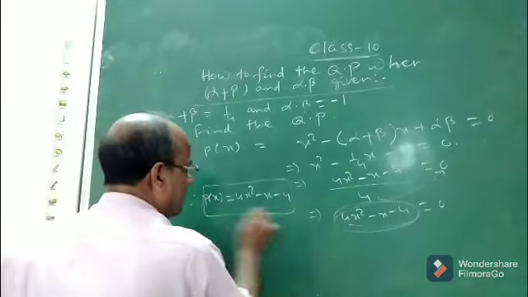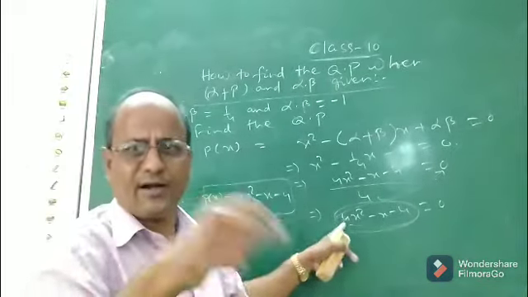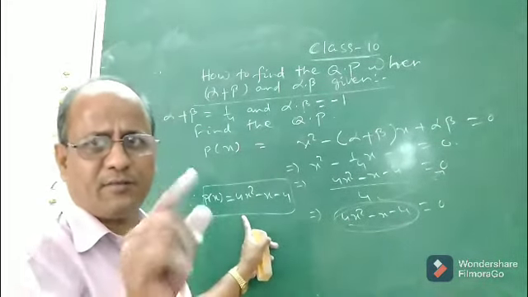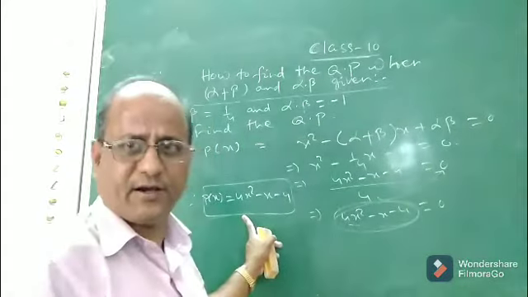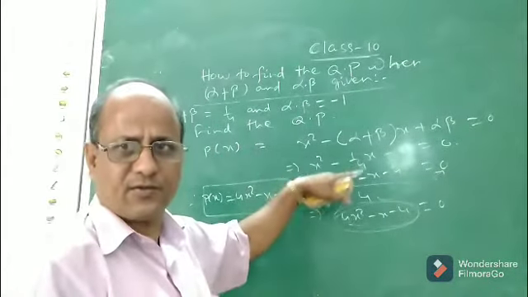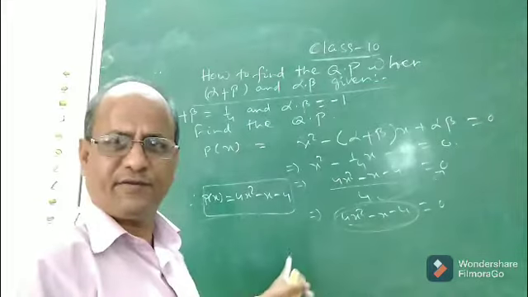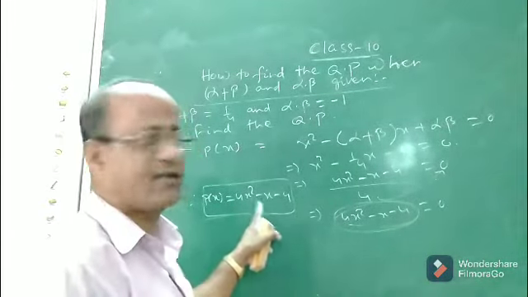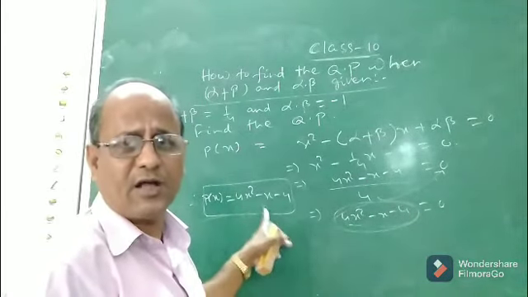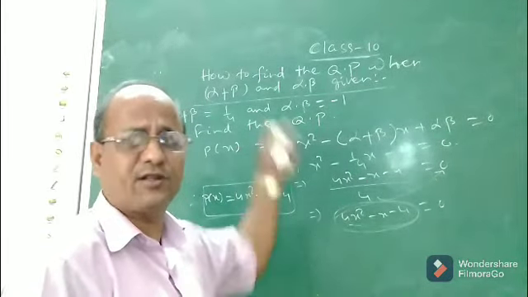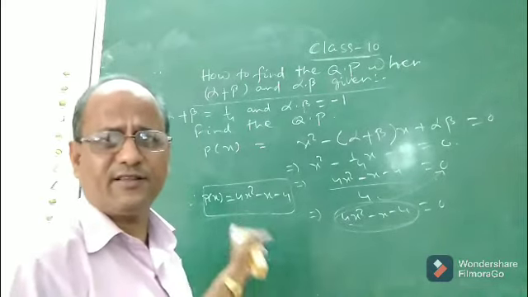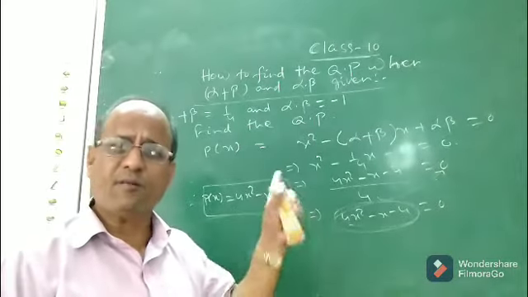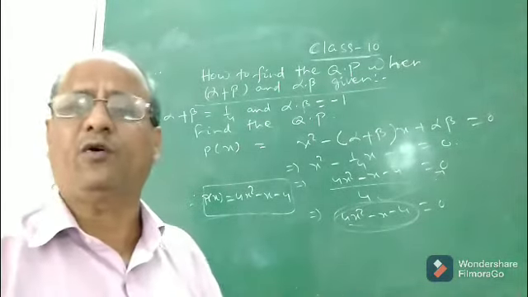I think this process is quicker and easier than the previous one. This process of finding the quadratic polynomial when sum of zeros and product of zeros are given is quicker and easier than the previous one. Whichever method you feel convenient, you can use, no problem. Your aim is to find only the quadratic polynomial, and you see we got the same quadratic polynomial as we had got in the first case using the first formula. So children, this is how to find the quadratic polynomial when its sum of zeros and product of zeros are given. I hope you understood.